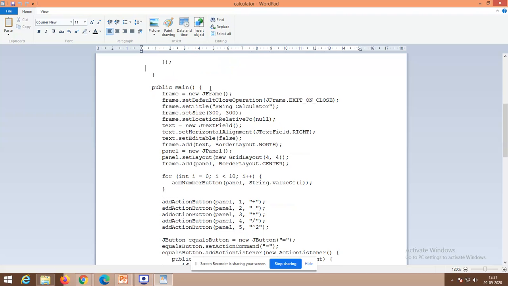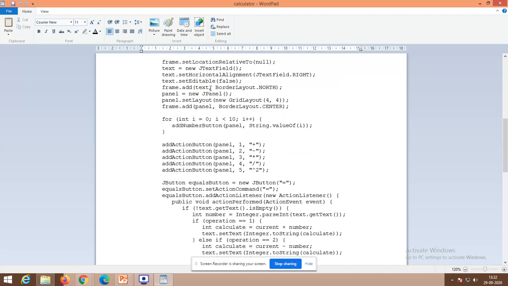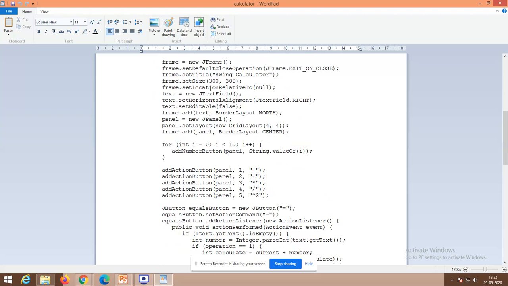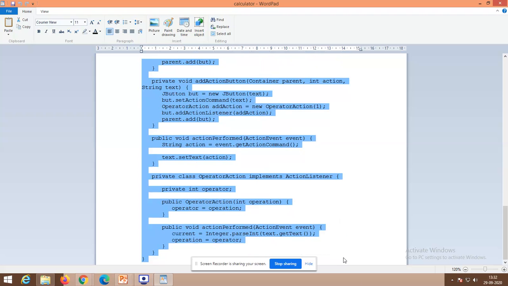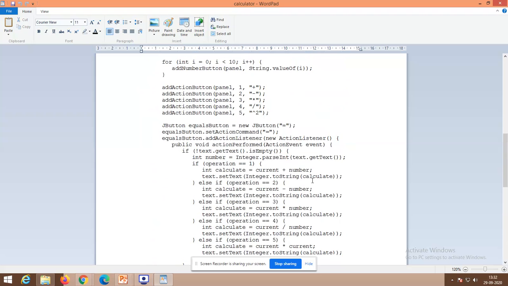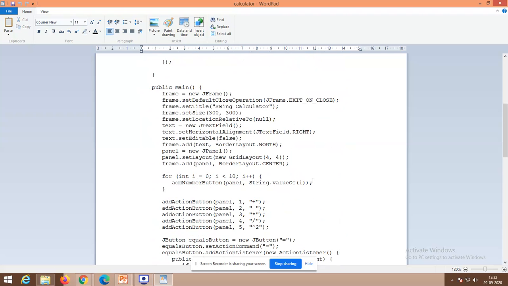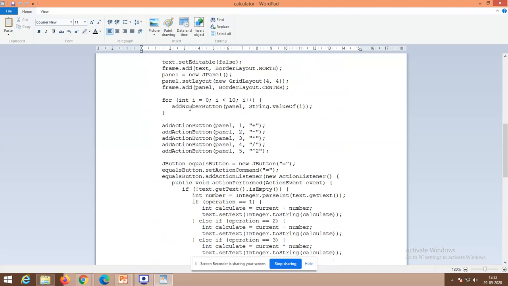Okay, we will go with the buttons. I want to create the buttons, and I have to add them to the corresponding panel. You need to see that this is the place where the buttons are generated, the buttons 0 to 9. Apart from that, they generate the buttons for the operations. The generated buttons are added to the corresponding panel, and here the operations are specified as well as the equal-to operation.